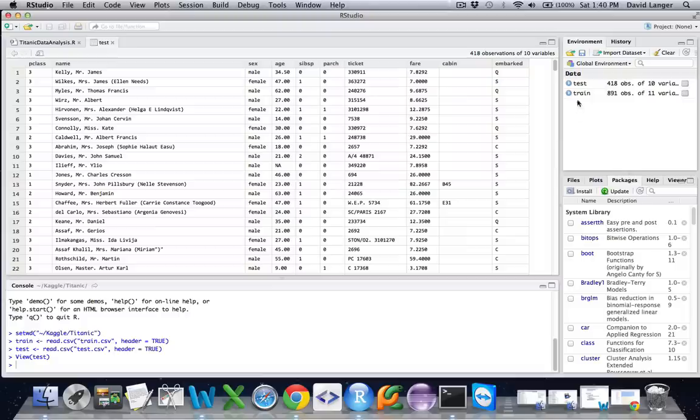Now behind the scenes, if we hover over the variable here in the RStudio UI, you'll notice that it says test is a data.frame. A data frame is a particular data type inside of R which is specifically designed for handling tabular data. Those of you who've worked with databases or spreadsheets know that a lot of the world's data is tabular in format, and R works very well with tabular data. And you can see here we've got 418 observations of 10 variables in our test set. You can see the names here and some data values. We can also take a look at the train set.